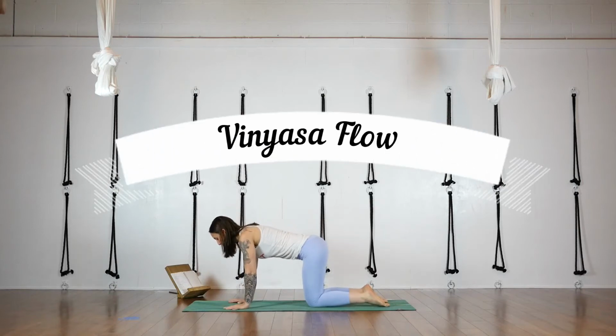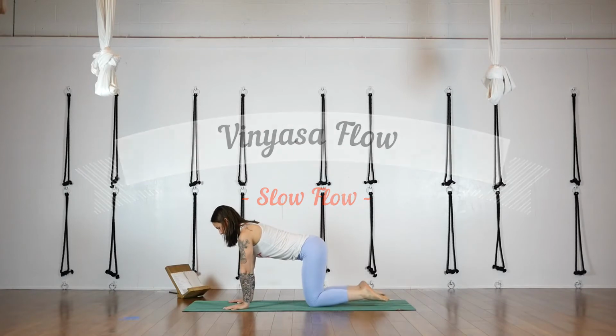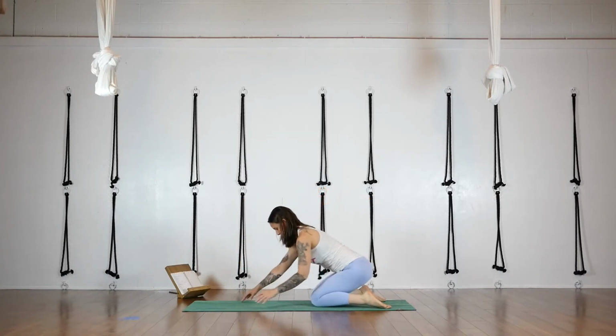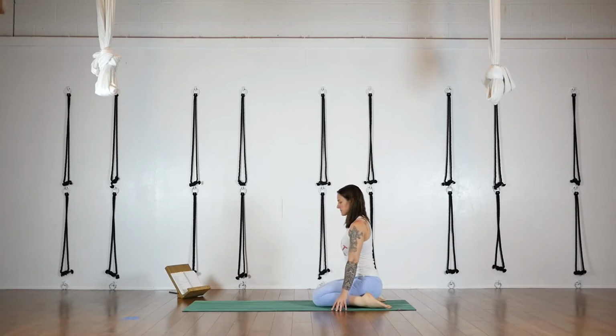All right, let's begin your practice today in a tabletop position, hands and knees, with your shoulders over your wrists, hips over your knees. Split your feet apart and then come back to sit between your heels, either on the floor or on a block in Virasana. If this is too intense on your knees, take your heels back in together underneath your sit bones